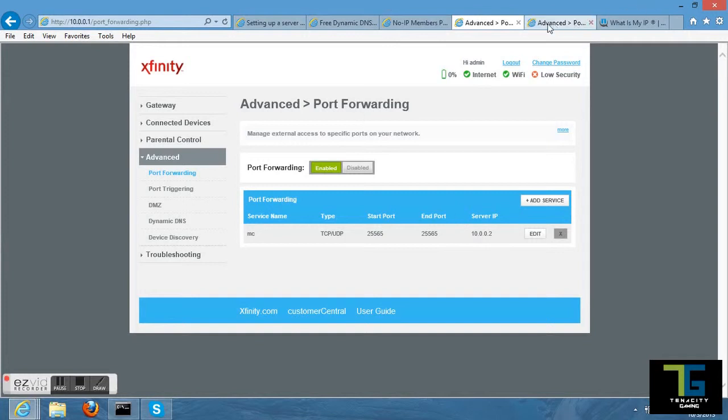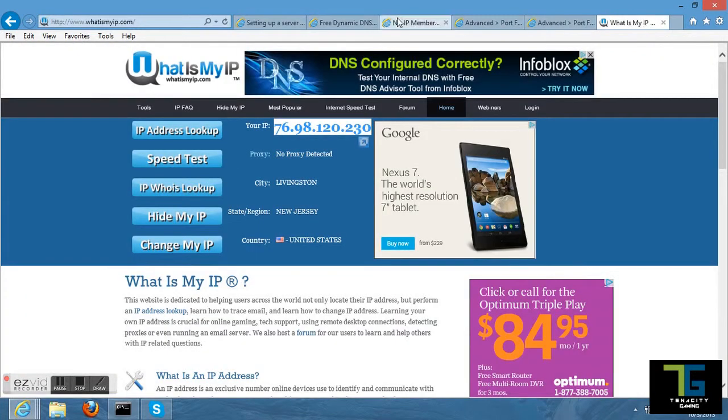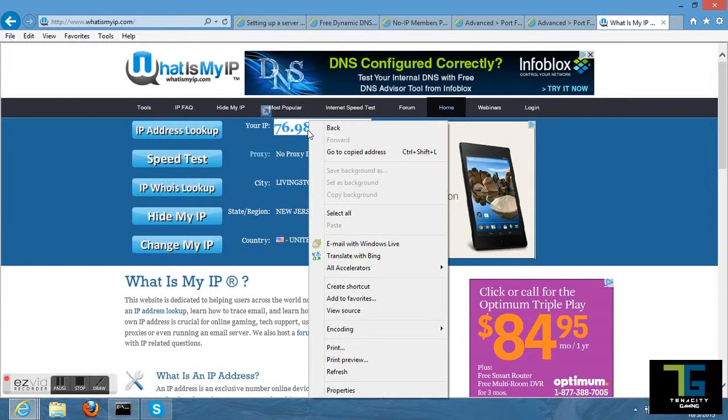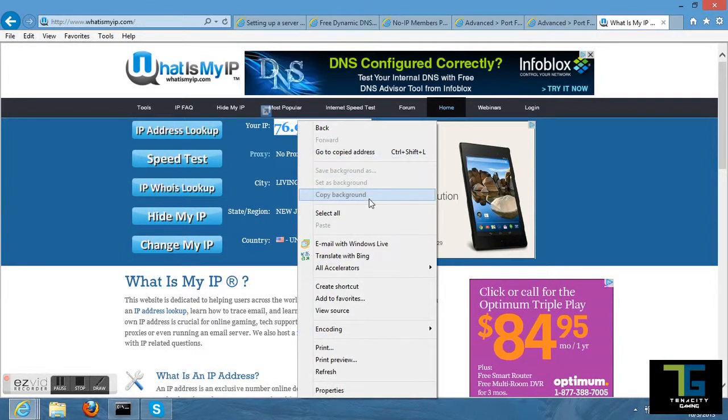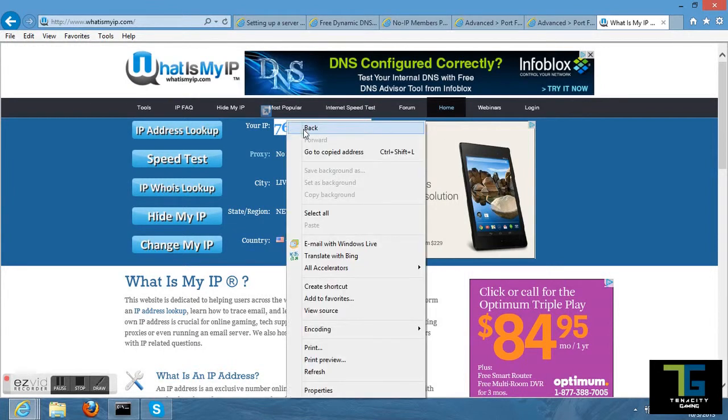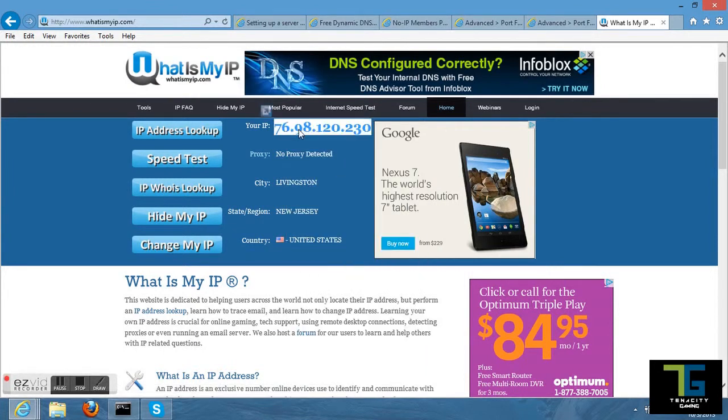So, let me show you what it is, where it is. If you ever need to find out what it is, you just go to whatismyip.com, and it'll tell you right away, here's the IP. This is what your friends will need to play on your server. But again, like I said, it will change from time to time. So if you want to make it permanent, I don't know why it's not copying for me, you need to make it into a static IP. And what you do is you go to a website, noip.com,